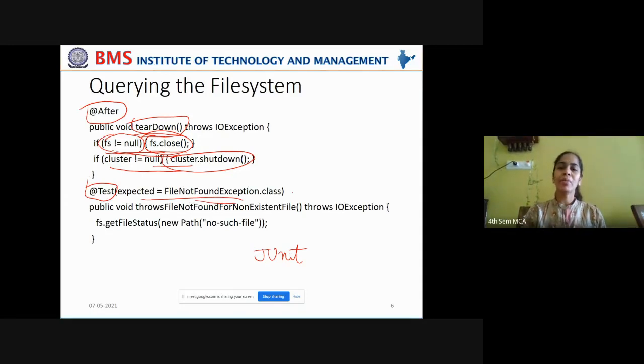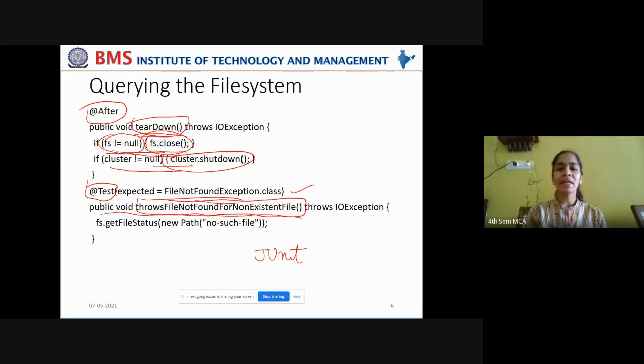So that you are passing as annotation here, just to warn, just to alert the user that this kind of exception may arise. This is optional again. You may or may not include it. For good documentation purposes, programmers will include this. Now you're using a public void method. Read the method's name carefully.